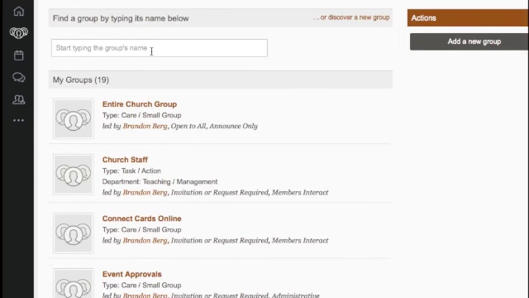Our weekend services group is the one we use for our entire database. So you have to get added to that group or join that group, or else you're not going to get any of our church-wide communications. Also, if you ever have trouble getting church-wide communications, I recommend two things. One, check your spam folder, and two, check to see